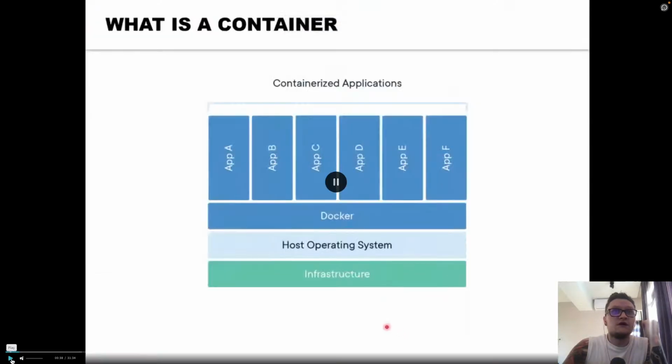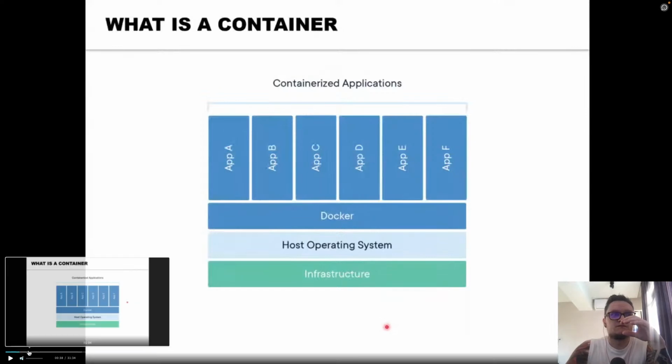Yeah, so how it works, actually it's pretty simple. We have our own operating system, we have Docker, and Docker just creates small containers inside your own operating system, but those containers actually have their own environment. You decide, for example, how much memory you want this container to use, how many processing powers you want this container to use, and you just create small independent blocks inside your own system which can work separately from your own system.